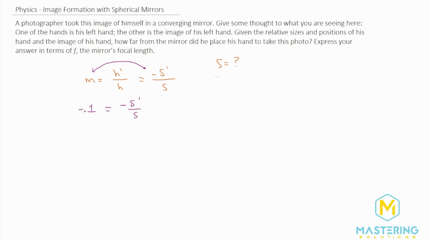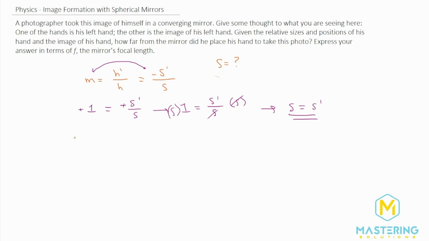Since both of them have a negative, we can multiply by -1 to cancel that out, or you can think of it like we're just canceling that, right? So now we have 1 is equal to the image distance over the object distance. Now if we multiply both sides of the equation by s, we have the object distance is equal to the image distance. This relationship is really important for this question.